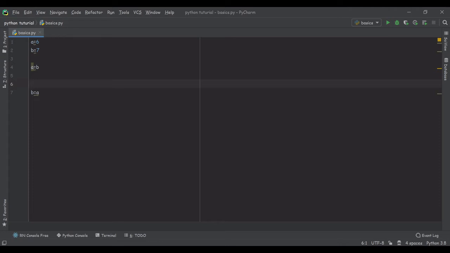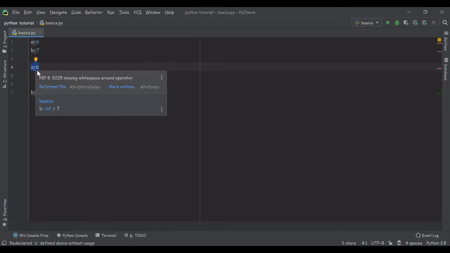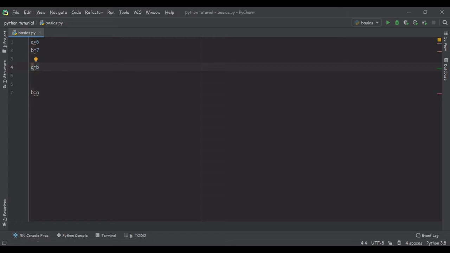But it's not that easy, because what it will do, we are storing b's value in a, okay. By doing this we are storing b's value in a, means we are storing 7 in a. And here when the value of a is 7, because the interpreter will go from 4th line to 6th line where a's value will be 7. So here a's value is 7 and b is storing a, means it's storing 7.